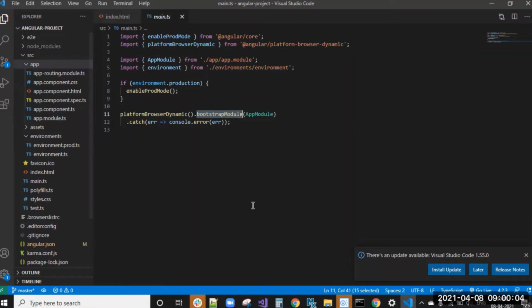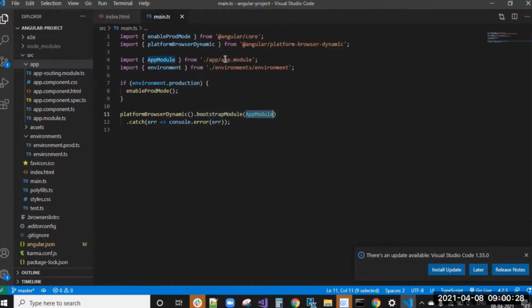I told you, while we are running ng serve, first it builds all the packages. After building, it goes to main.ts and sees bootstrapModule of AppModule. Bootstrap module means run that module whenever our application is started. What is that module here?